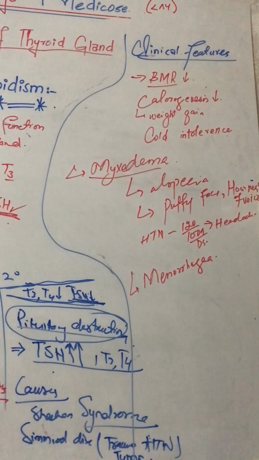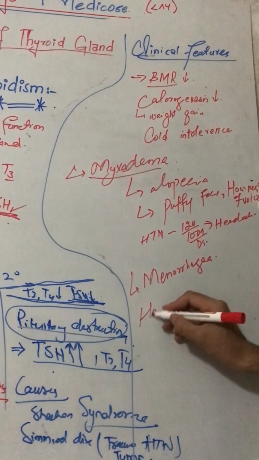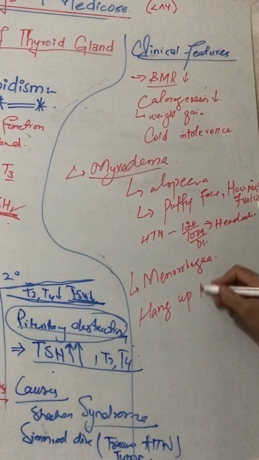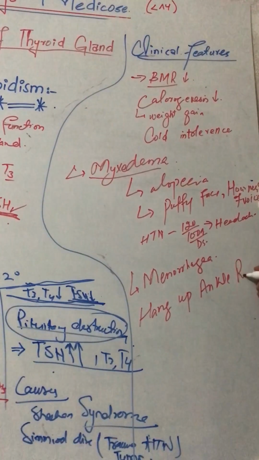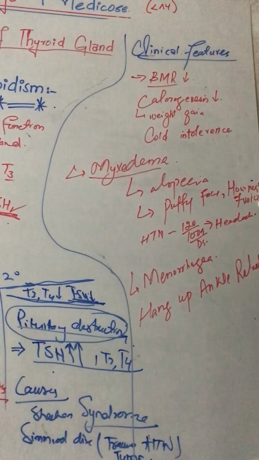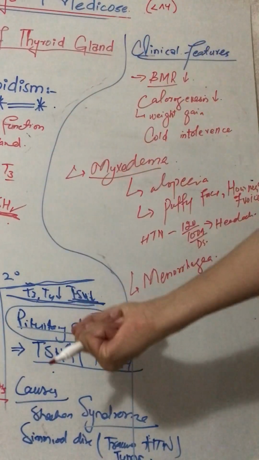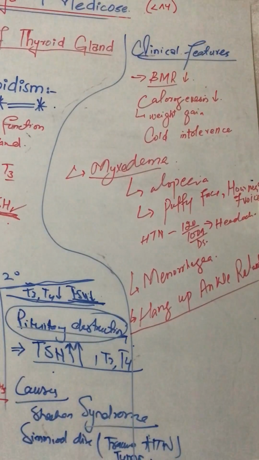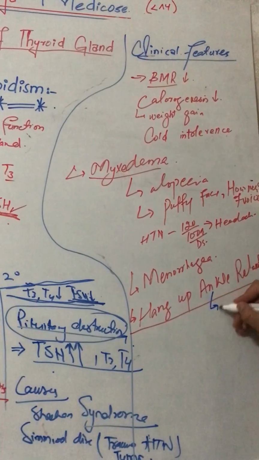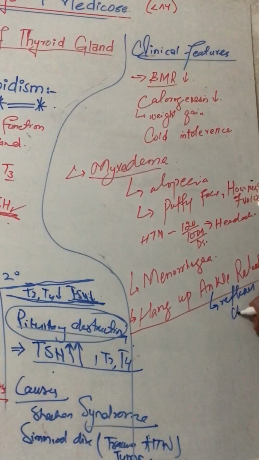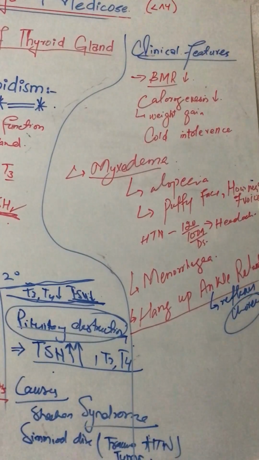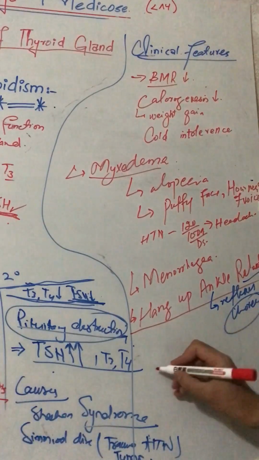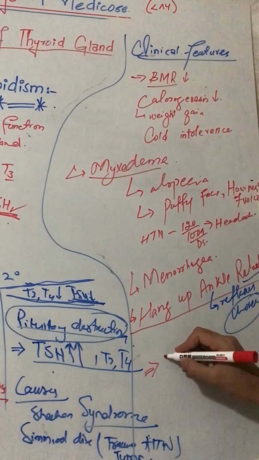One specific condition which will differentiate in the most effective way is hung-up ankle relaxation. Hung-up ankle relaxation means that it will take time to relax his ankle. And when there are hung-up ankle reflexes, that is a condition in chorea. We discussed this in chorea. So there will be hung-up relaxation, not hung-up reflexes. One more condition is galactorrhea.